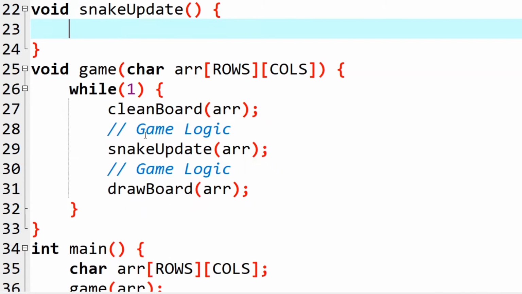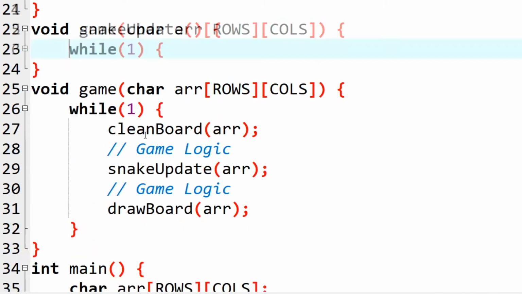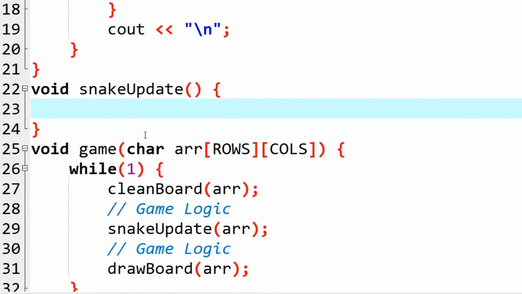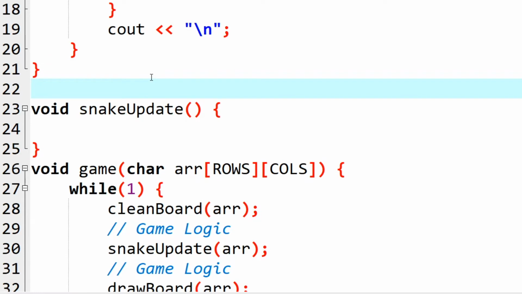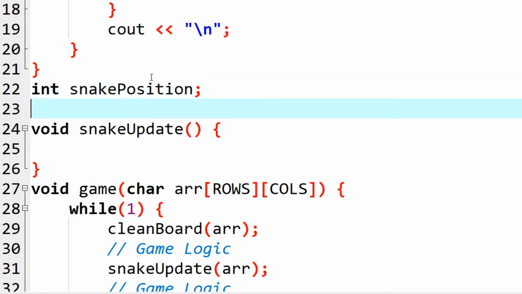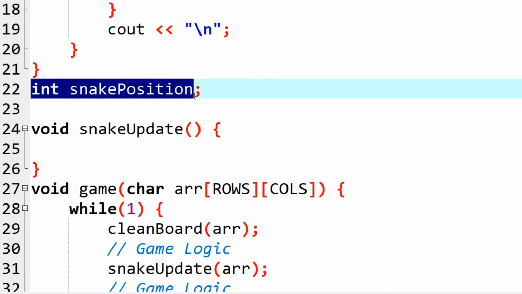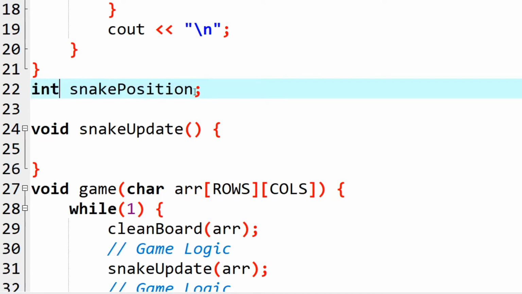So right now I'm going to make global variables for this, or you can create data structures for this. I'm not going to go into data structures because we are dealing with the most basic code. So I'm just going to make some global variables. This will hold what the current snake position is. It should be a 2D variable.